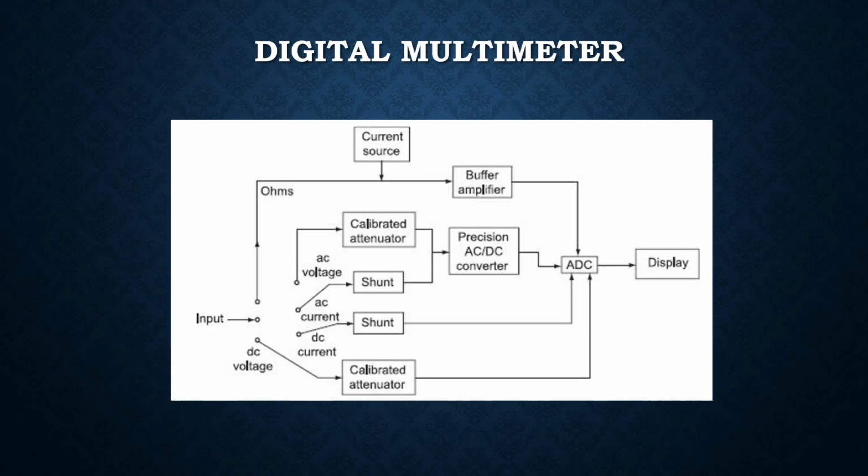Now here we can see the diagram for the digital multimeter. A digital multimeter is an electronic instrument which can measure DC voltage as well as AC voltage, DC current as well as AC current, and resistances. All these quantities we can measure, as we have already used this in our lab. All quantities other than DC voltage are first converted into an equivalent DC voltage by some device, and then it gets measured by the digital meter.